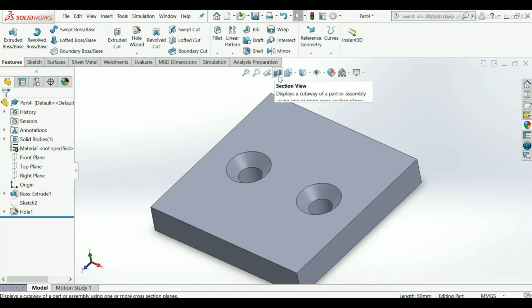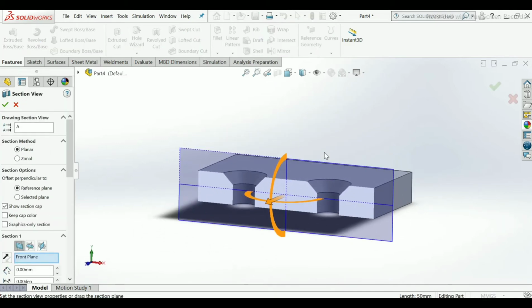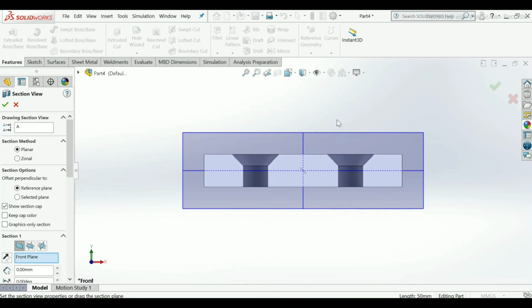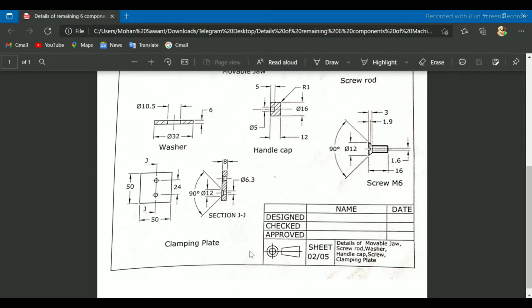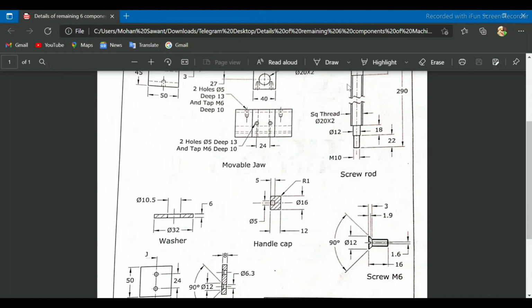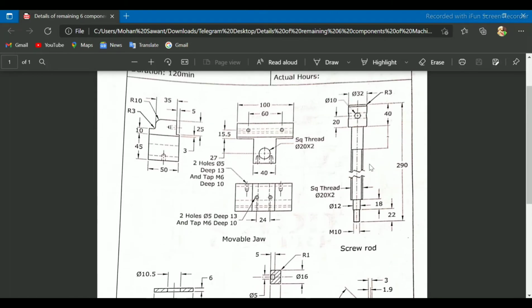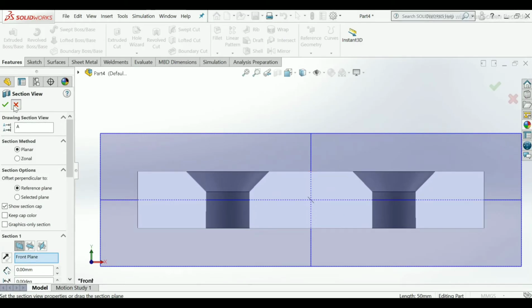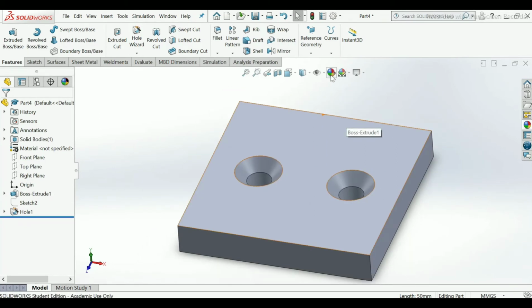You can check the section view also. Press Ctrl 8. It is the same as what we have created. Now the remaining two components I will make. You can choose any color to apply.